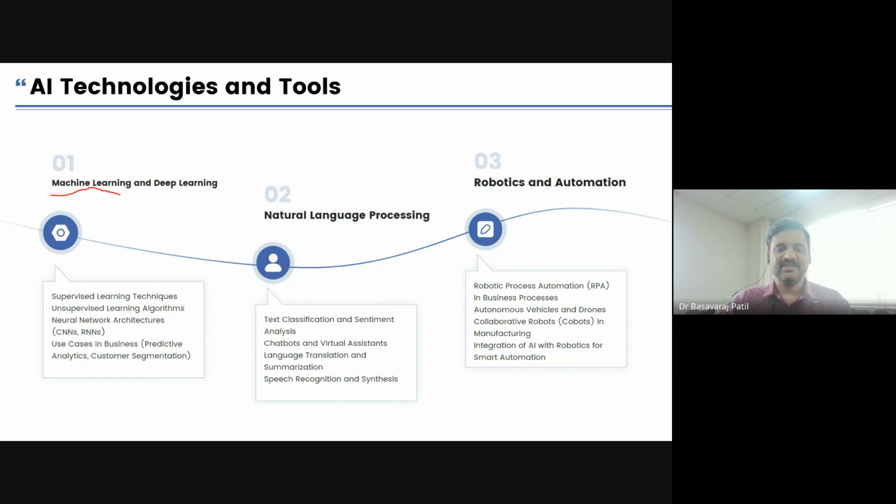Natural language processing is another very big and important aspect where we can scrutinize and analyze the data, and make auto responses like chatbots, virtual assistants, translating the content into any language, and designing mobile apps so that if you go around any place in the country or any place in the world, Google already has some similar kind of translation, and many other companies also have translations, so that it will recognize, translate and give you back an output in your own language, which will help you identify or understand the scenario, recognize the speech, synthesizing.